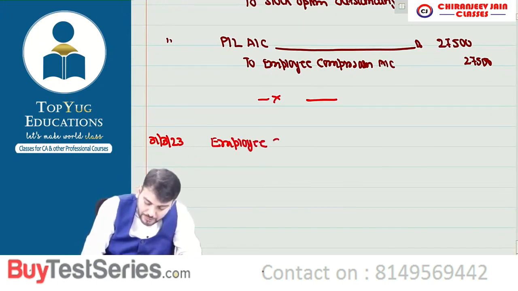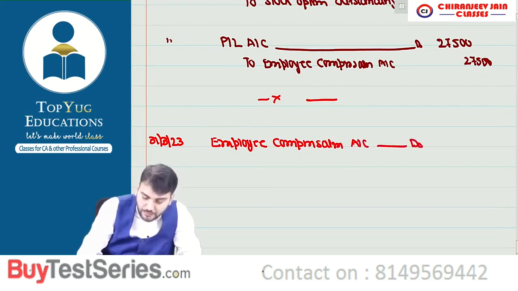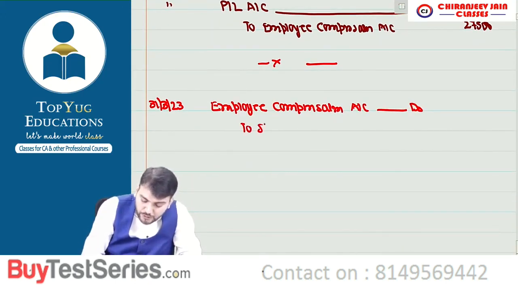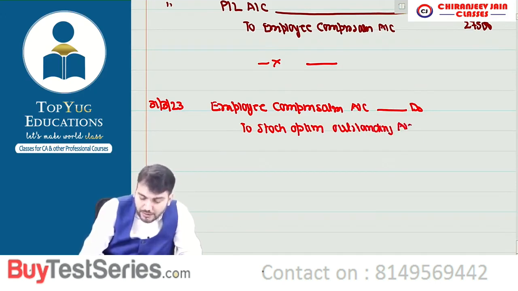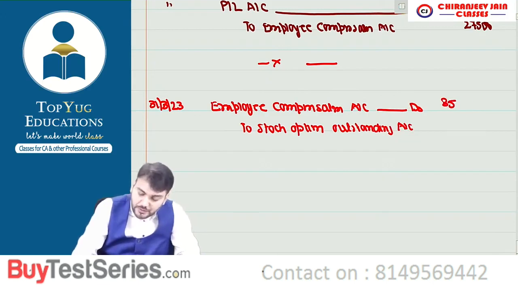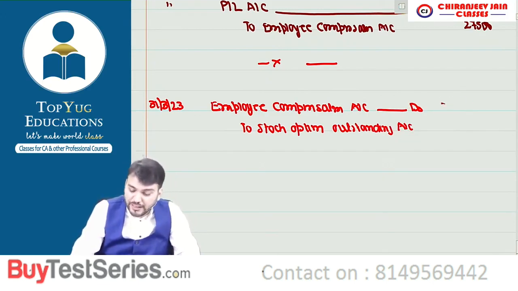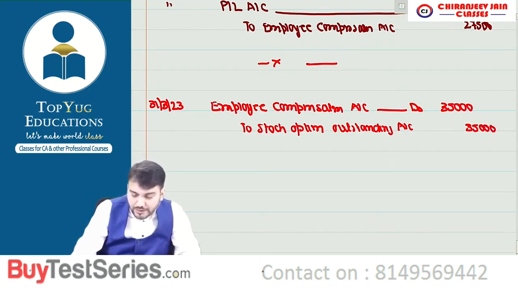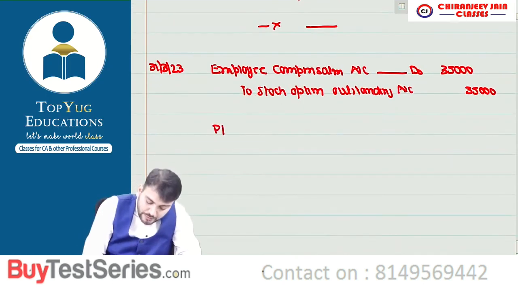Employee compensation account debit to stock option outstanding account. I think the expense is 35,000, right? So we'll do the journal entry with 35,000, correct? Yes, sir. Then profit and loss account debit